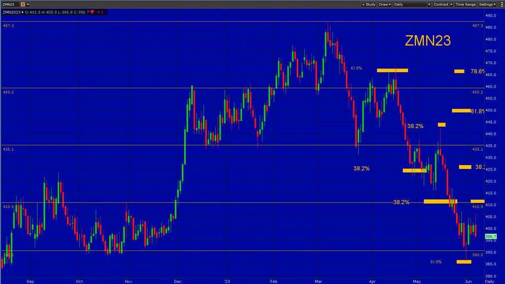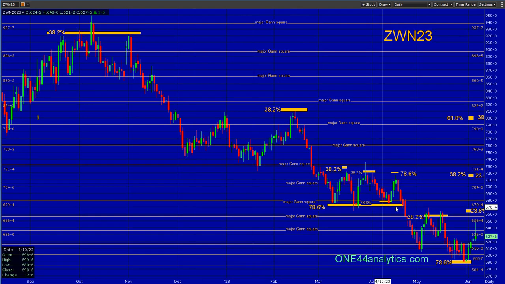And our last one here, we're going to go into July wheat. You can see here this whole move down once again here, all the way back up here to the contract high. Had a big close above it, next day right back below it, and just came off hard. Here's a perfect one, 38 back from here to here. That's, again, that's plan A. Came off hard. Then you get trades like this where you hit 78.6 based on a previous low, not the contract low,